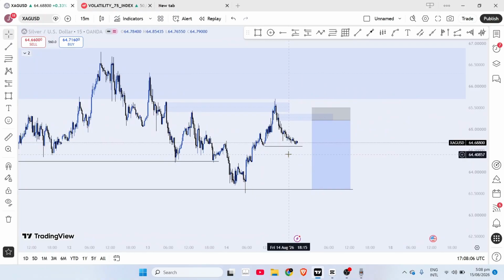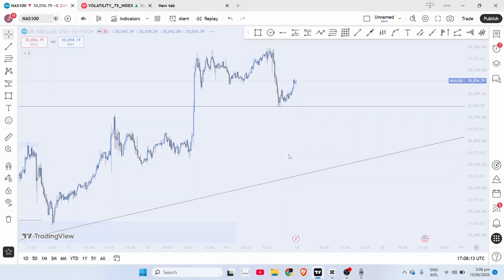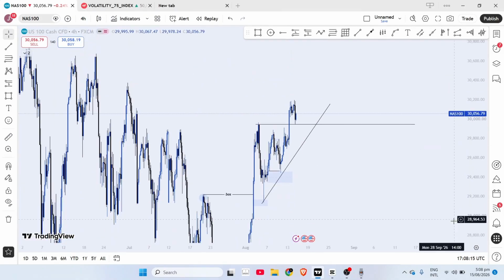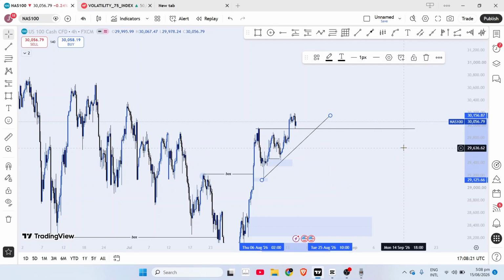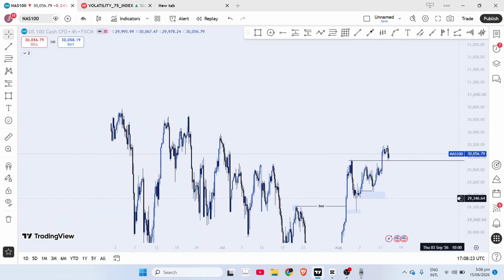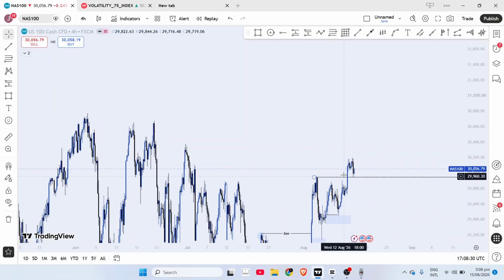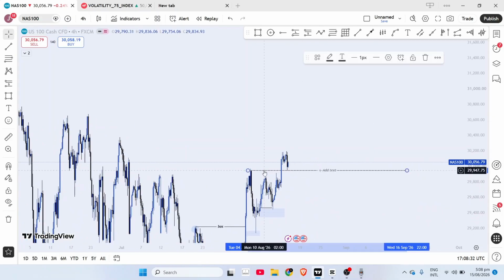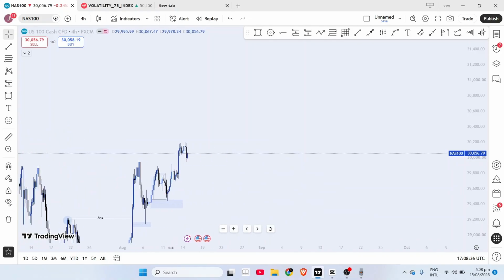Then on NAS100, I believe NAS is our last pair. Let's go to the 4 hour time frame. Okay, so this was the trend line I marked during the week. NAS also, just like on US30, has taken these highs, and we can see a reversal. This is the range. Let me delete this. So currently on NAS on the 4 hour time frame,